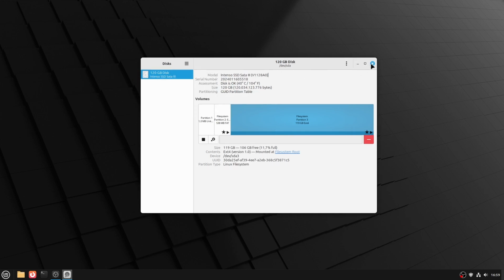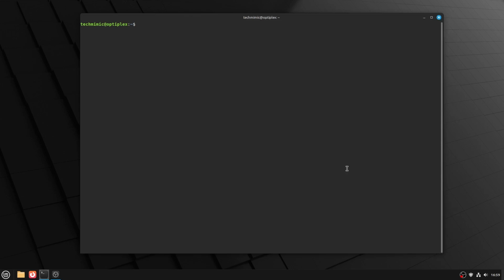Now close the application and open a terminal. Now before you click away, I know that many really dislike the terminal. But after following this video, you will see that in this case, it is actually the easiest method to clone the entire system disk straight from Linux without having to boot from a live USB drive like with other methods